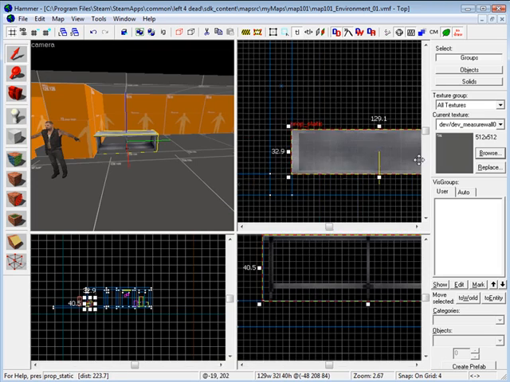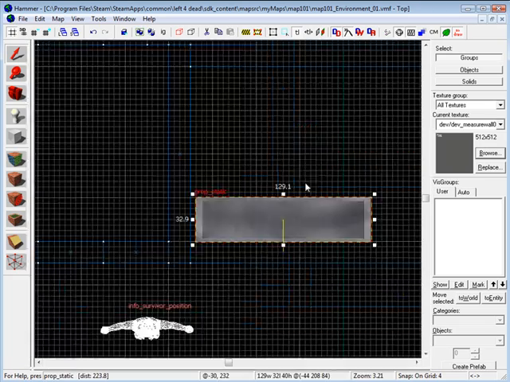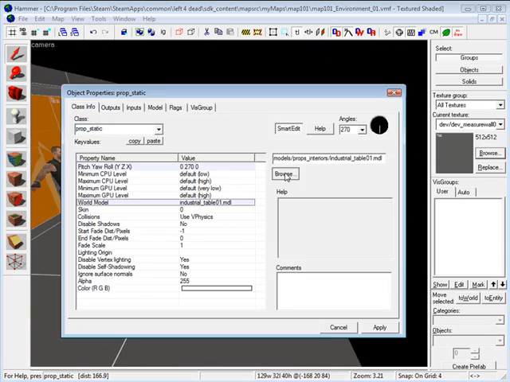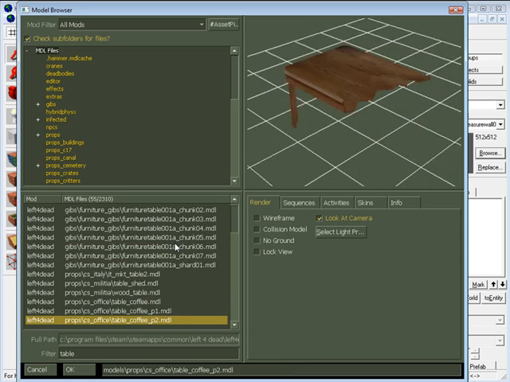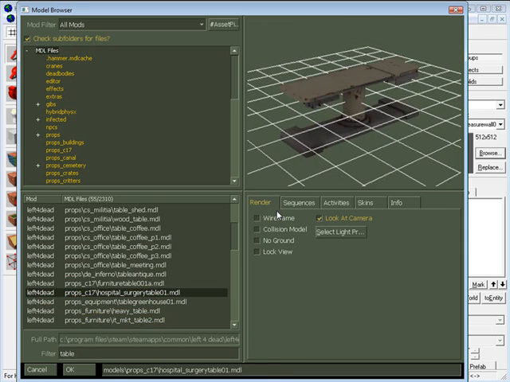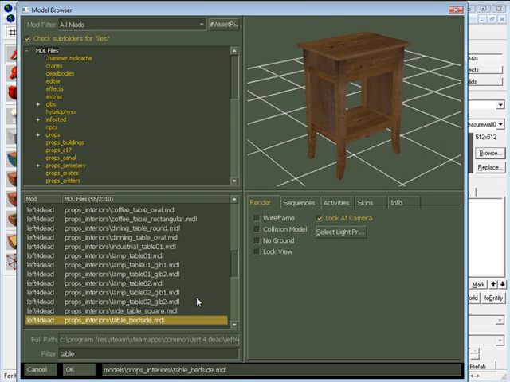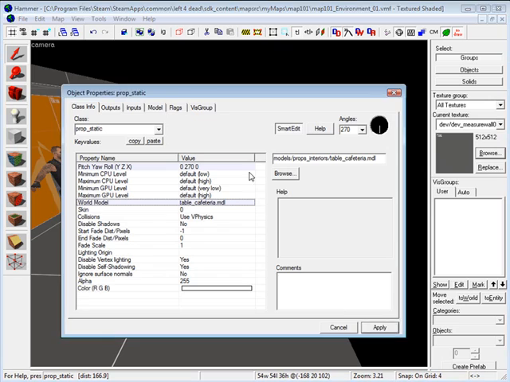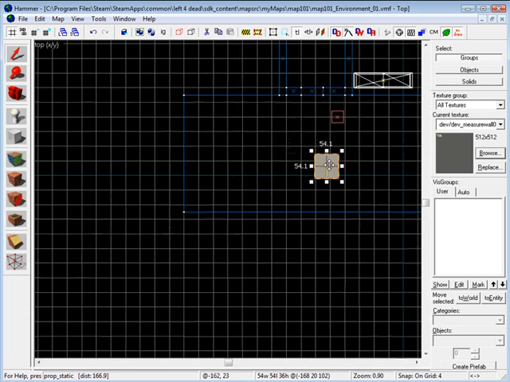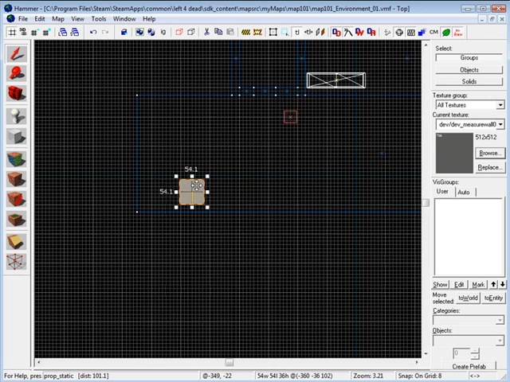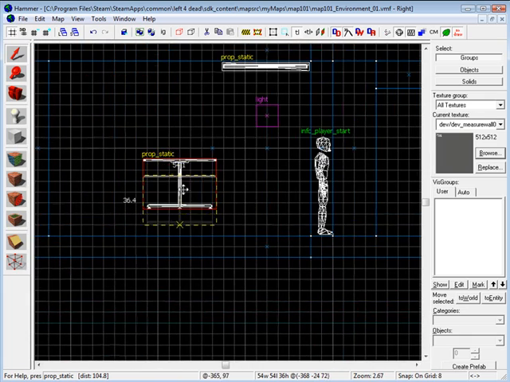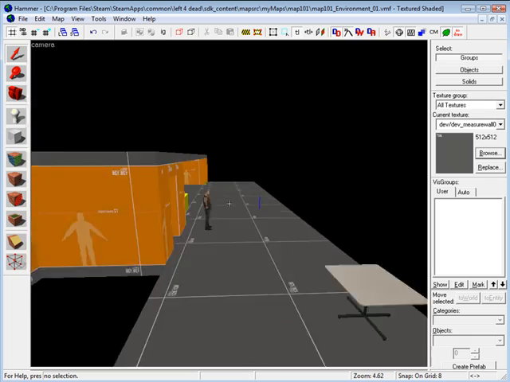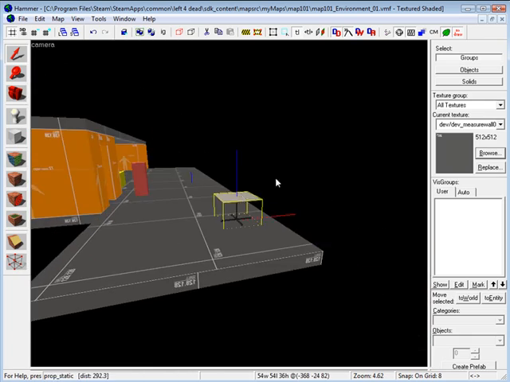This is going to be a little kitchen cafeteria area. So I'm putting a table here, and here I'm duplicating the same table and just switching out the model. That's another quick way to add props instead of putting in a prop static entity again. All I'm doing is duplicating and swapping out. Here again, I'm putting it down, making sure that it touches the floor, and checking the scale, looking back,